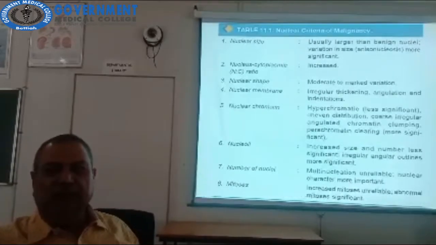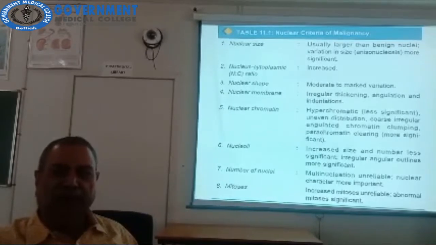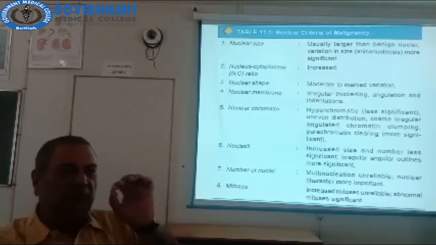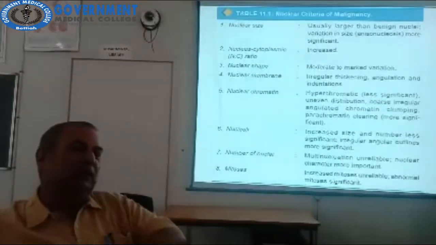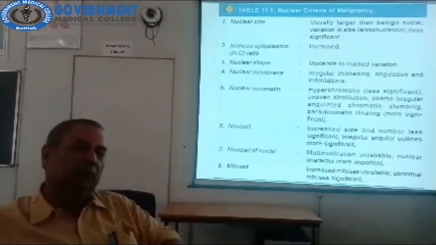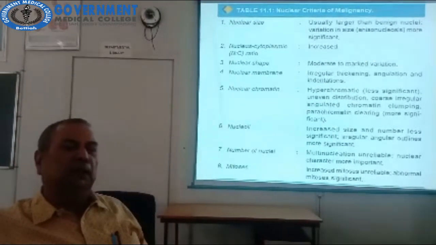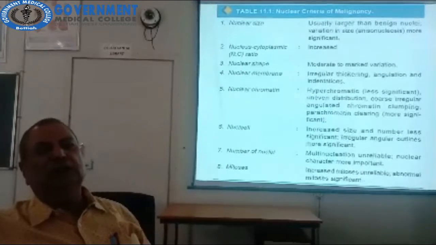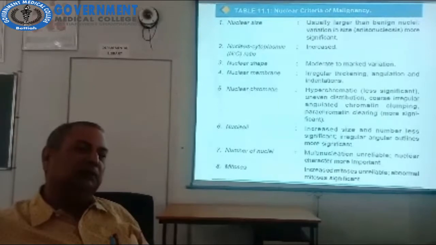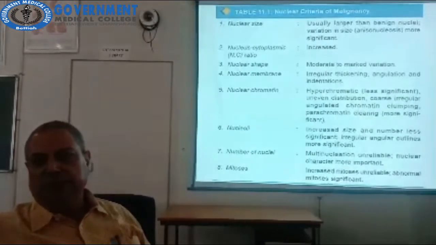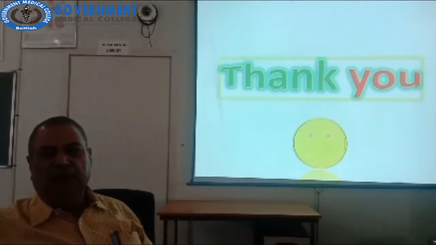Then nuclear criteria is important. You must cram these nuclear criteria. It should be on the tip of the tongue. And cytoplasmic criteria: usually acidophilic or reddish appearance of the cytoplasm is more in epithelial cancer, and cytoplasmic organelles are reduced, and cytoplasmic inclusions are there. This is about the various laboratory diagnosis, and thank you.